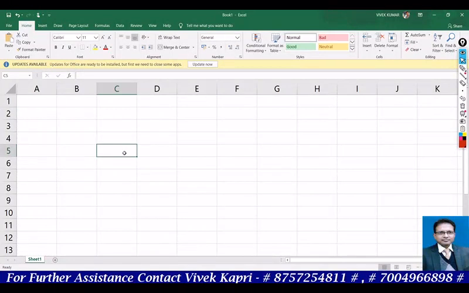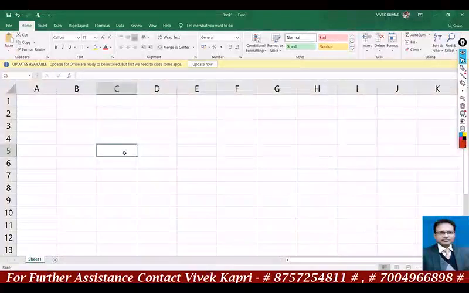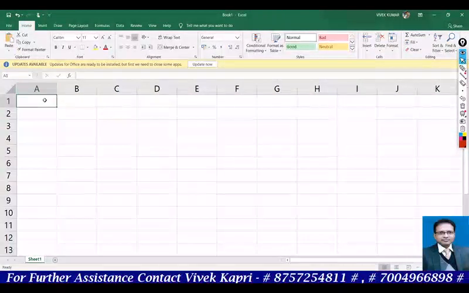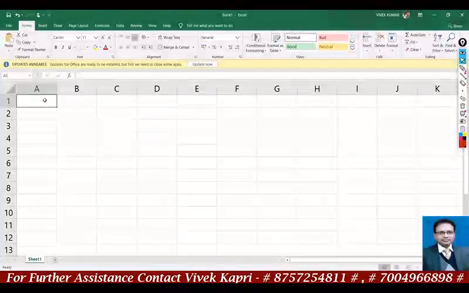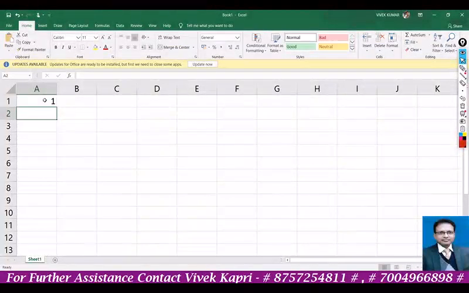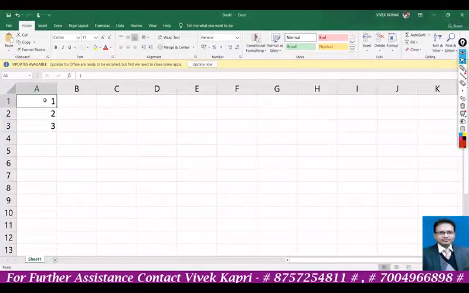Now, before proceeding further, I would like to revise some basic concepts of Excel, how formulas are implemented. Suppose here are the marks of 10 students. First, we have to write the roll numbers of the students. Here is roll number 1, 2, 3, and in this way, if we have to write roll numbers up to 60, it will be hectic work. So exactly how can we do this? Let us look at the process.